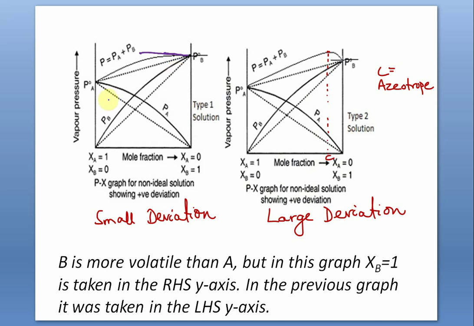Now these deviations, both partial pressures of individual liquids' vapors and the total pressures, do not create much problem. This is a small deviation. Although it is a deviation, a positive deviation, above the ideal line means positive. But still we approximately take it as an ideal mixture because they can be separated in the pure state. But see, if the deviation is large, so that for a range of compositions the vapor pressure goes above this line, the vapor pressure of the pure